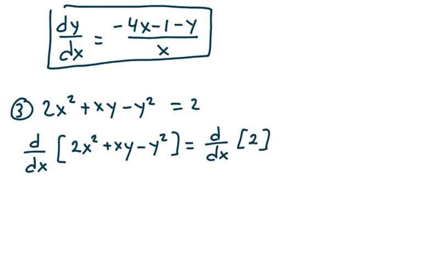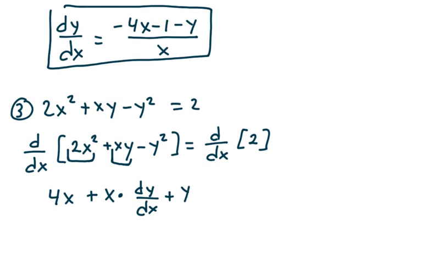Okay, now, the derivative of 2x squared with respect to x is 4x plus, now I get to use the product rule again on x times y. So I'm going to take the derivative of x times y with respect to x. So this is going to be x times dy dx